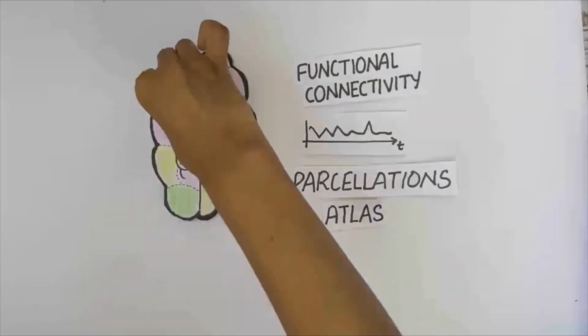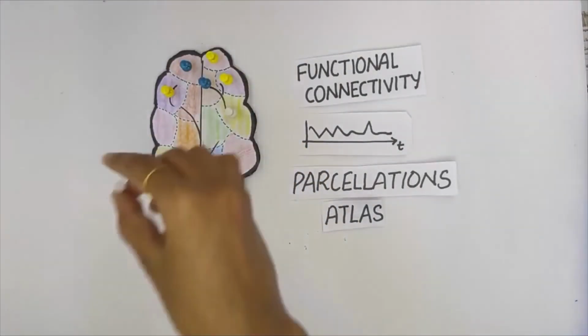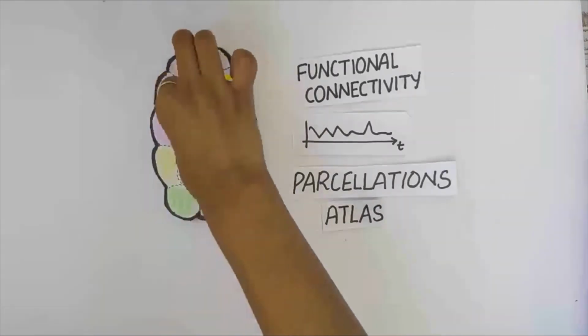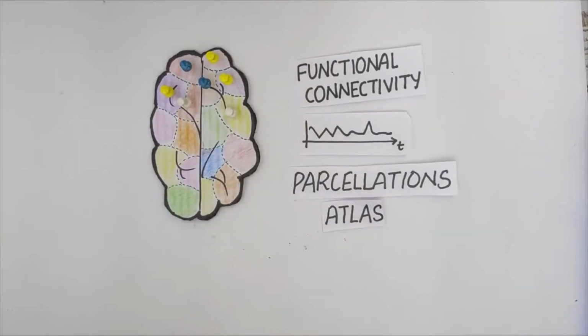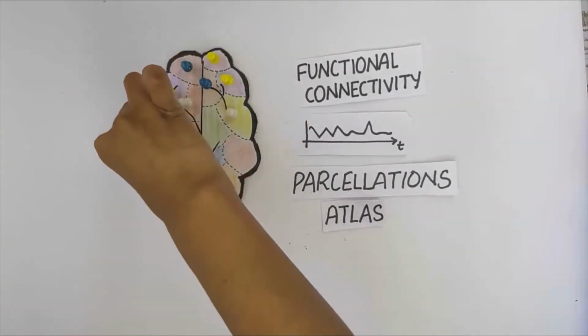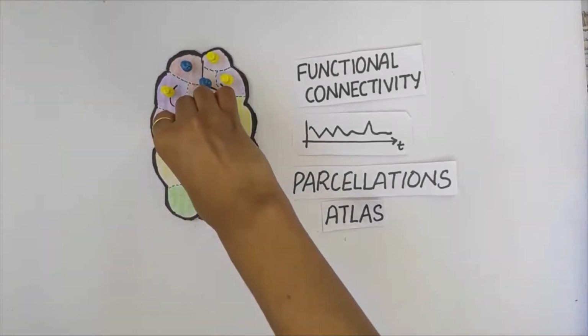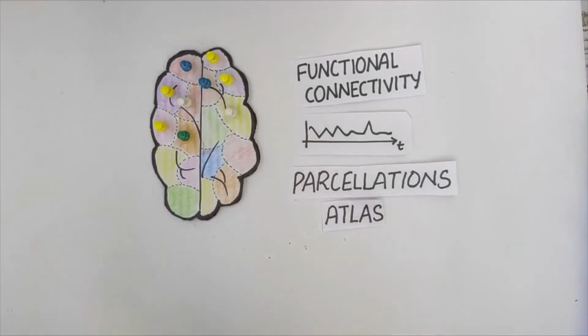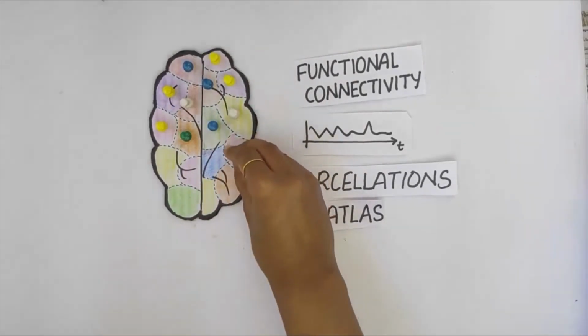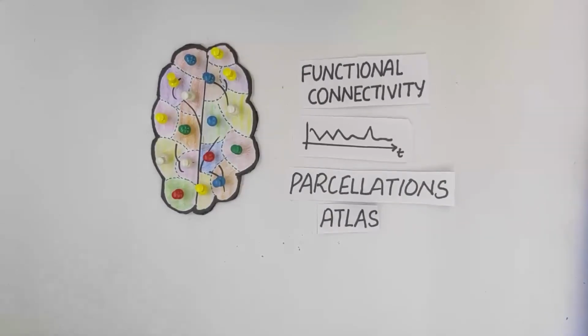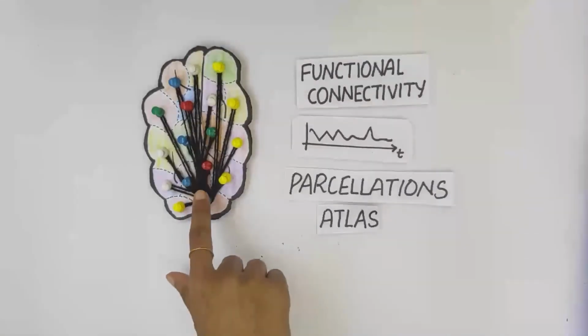After parcellating the brain, we compute the average of the time series of all the voxels contained in a parcel to obtain a representative time series representing a region of interest. So since we used a Schaefer 200 atlas, we obtained 200 time series for each of the 200 regions of interest. Now we compute the pairwise similarity between these 200 regions of interest by computing the pairwise Pearson's correlation, and